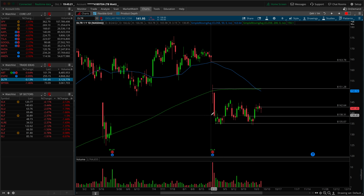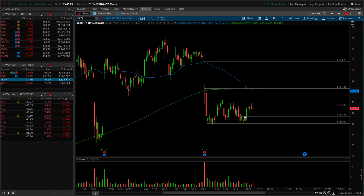Dollar Tree, what's going on over here? This was a long trade last week based on these two back-to-back hammers, and it's a long trade once again this upcoming week. Look at what we've got. We've got pure price acceptance up at the highs even when the broad market is falling apart and moving back down towards the lows. So looking at this as a bit of a bull flag, if we can take out